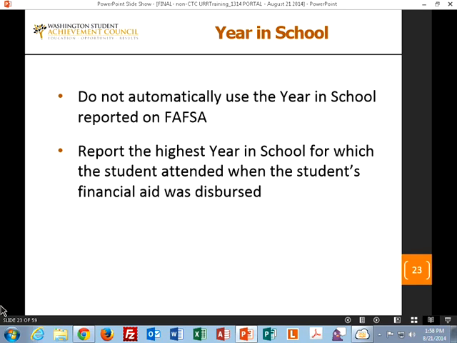And when it comes to, let's say, the spring term, a lot of those students will still be a first-year or freshman at the beginning of their spring term because maybe they had no advanced credit or anything. So we would want them reported as a freshman or first-year student.